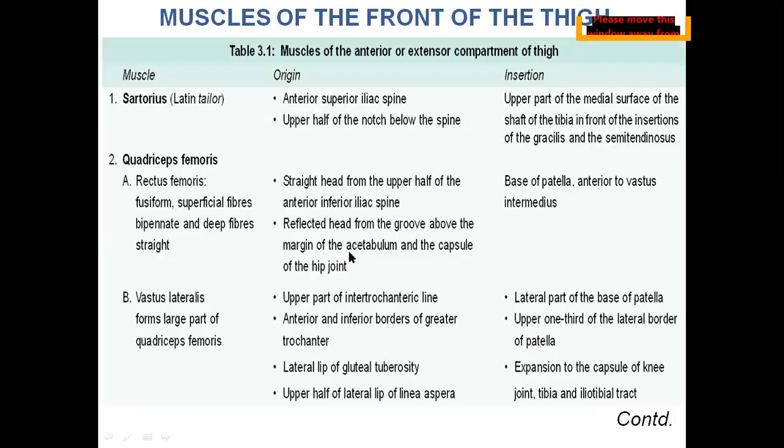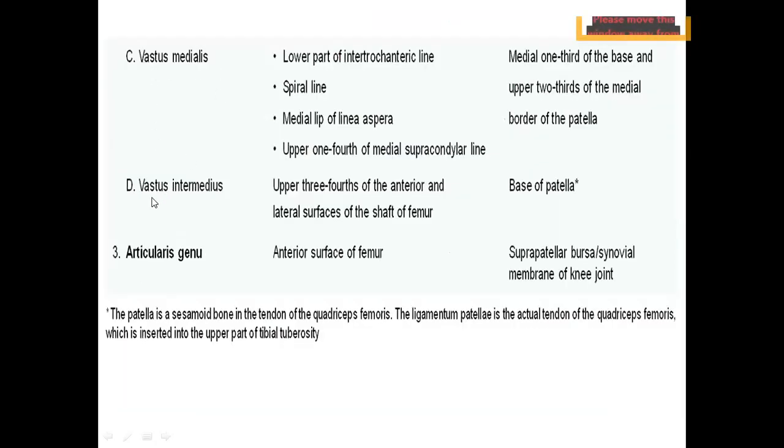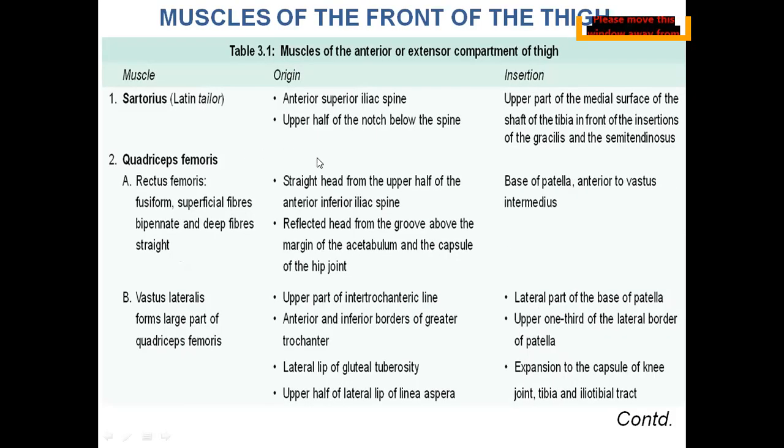Then, for the muscles of the front of the thigh, I will take the help of one more lecture with good pictures to make you understand the various muscles we have. We have sartorius, and quadriceps femoris, that means four muscles together: rectus femoris, vastus lateralis, medialis, and intermedius. We have articularis genu, which you studied when you were doing the femur bone and also the hip bone. You have come across all these names, right? Sartorius we came across when we were doing the hip bone, coming from the anterior superior iliac spine.